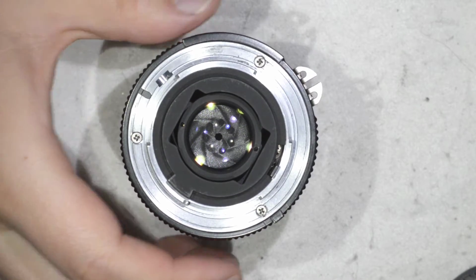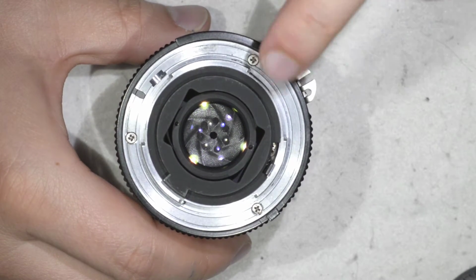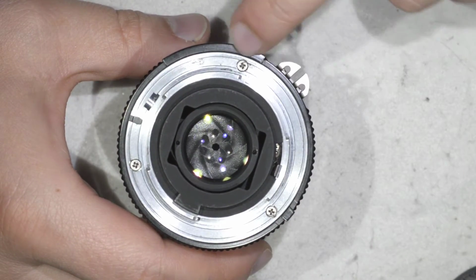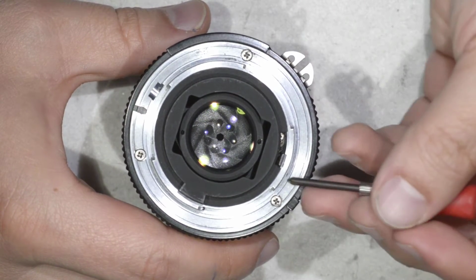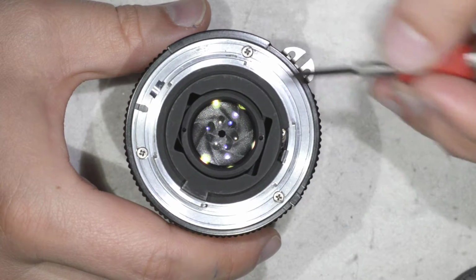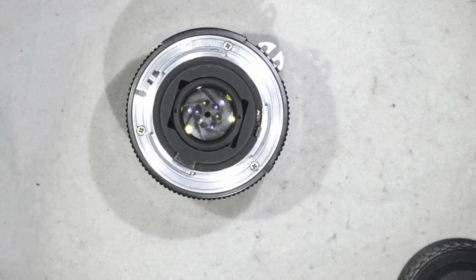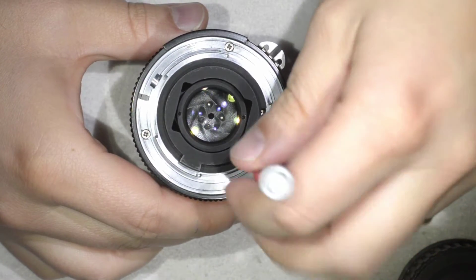On the 6 lenses I have waiting to clean the oil in the aperture blades, I did exactly the same thing in all of them. I took some nail polish remover and dripped it a bit here, paying attention not to touch the plastic, because these removers have some acetone in them, and acetone and plastic are not very good friends. So drip it once, twice, thrice, wait for about 5 minutes, and then instead of using a small screwdriver like this one, in which you have very little grip,